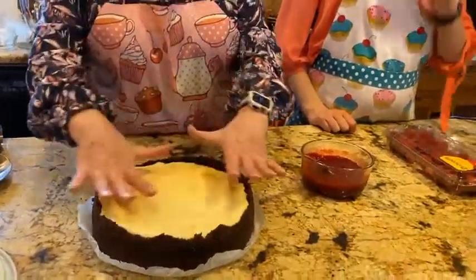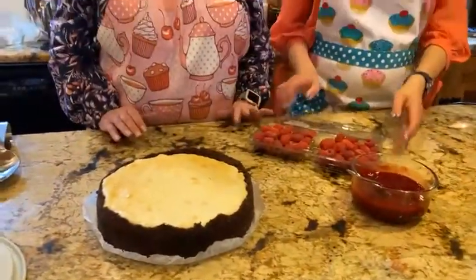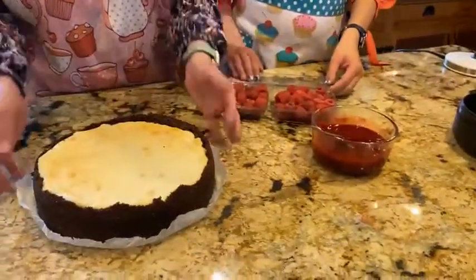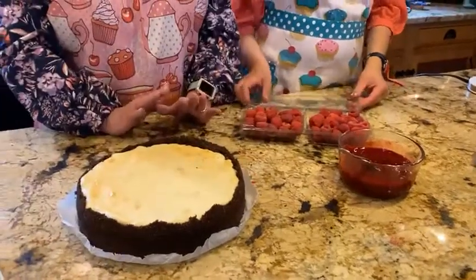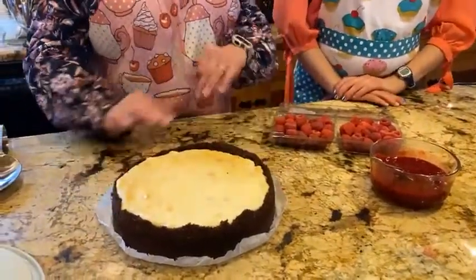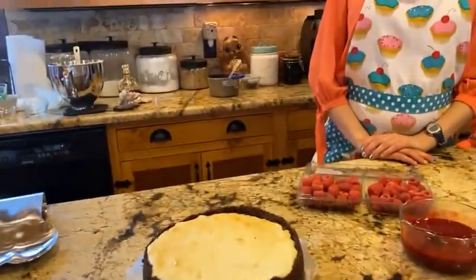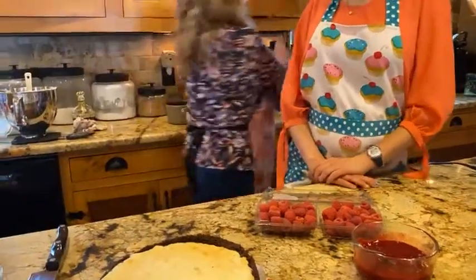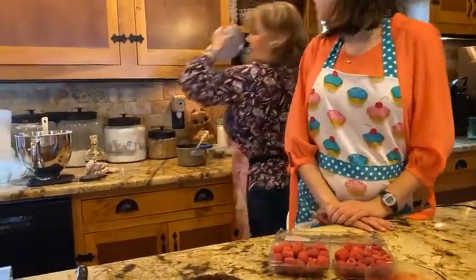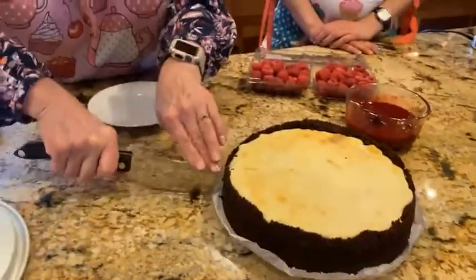Now you can either cover your whole thing with this sauce and then top it with fresh raspberries, which the picture on my website is like that. So if I'm serving this at Christmas time or Easter for holidays, that's how I'll serve it. But since I'm not serving this whole thing right now, I am going to get a knife, and we are just going to do 1 slice at a time so that you can see what the presentation is like. But I definitely want to cut into this so that you can see